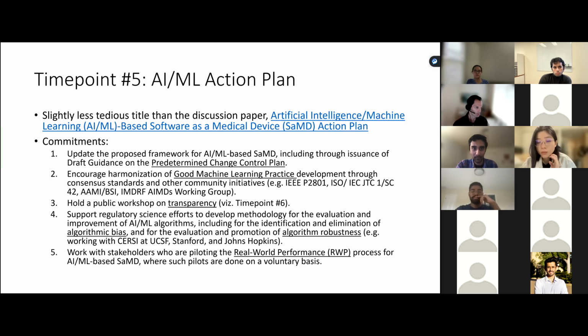Okay, I've alluded to this a bunch already, right? So now there's this AI/ML action plan. Basically, this is FDA's response to their AI discussion paper. They put out the discussion paper and then opened it up to public comment. A bunch of comments were submitted, and then FDA essentially read through all of those, synthesized them, and created this new action plan